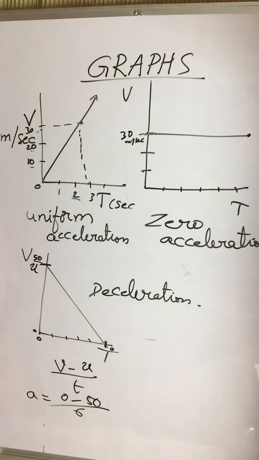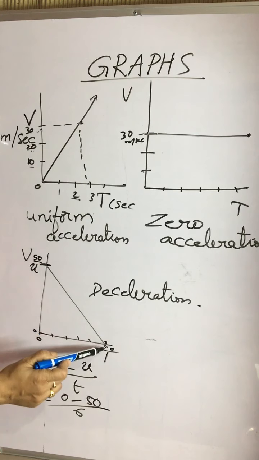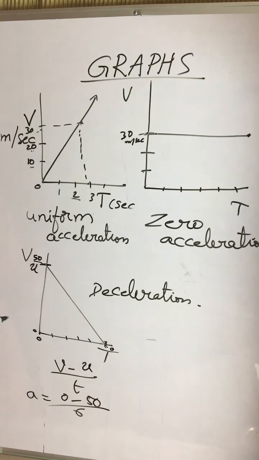Deceleration means negative acceleration. Negative acceleration is known as deceleration. So this graph you read as deceleration. Starting velocity is more, final velocity is less. Means the speed is going on decreasing. This happens, students. Whenever we are going to reach our destination, we decrease the speed and we apply brakes and stop, isn't it? So that time the acceleration will be negative. That is known as deceleration. It is also known as retardation. Retardation is also a term used for deceleration or negative acceleration.